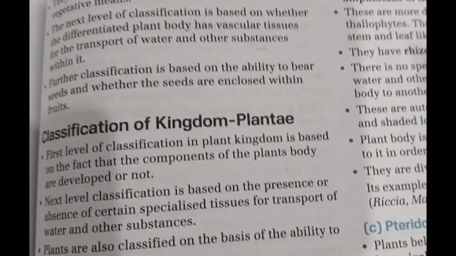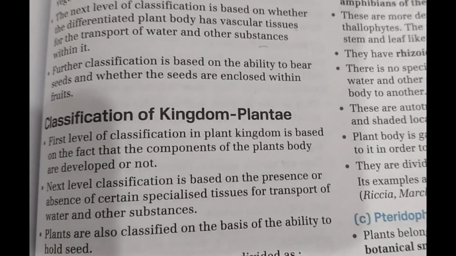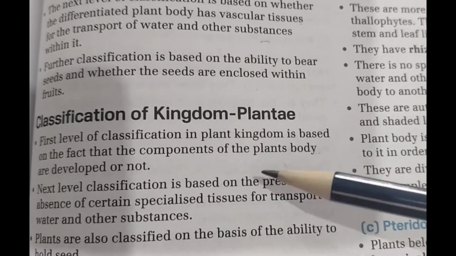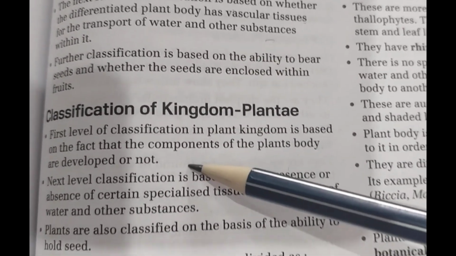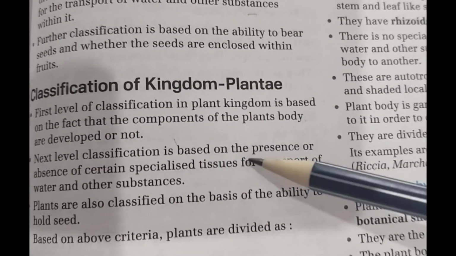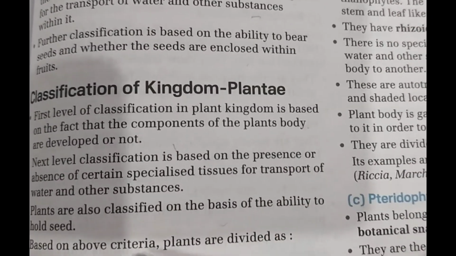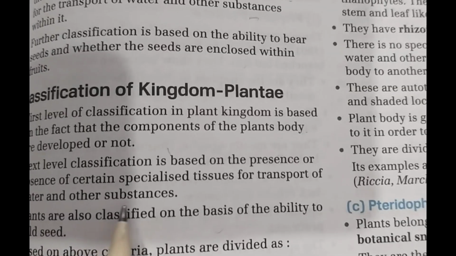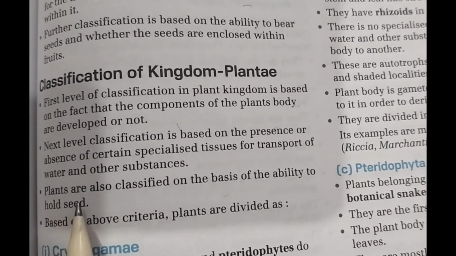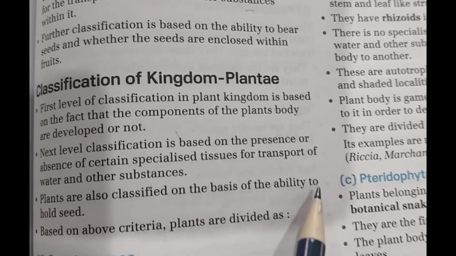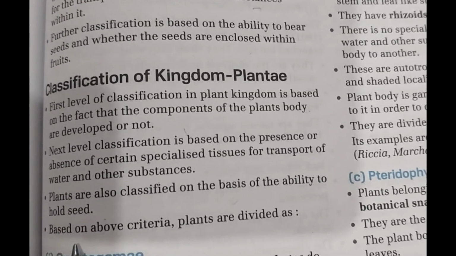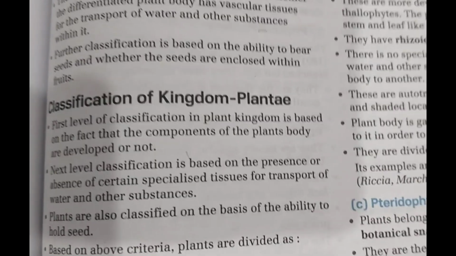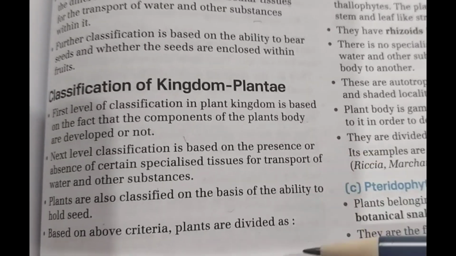Classification of the plant kingdom. The first level of classification in the plant kingdom is based on whether the components of the plant body are developed or not. The next level of classification is based on the presence or absence of certain specialized tissues for transport of water and other substances. Plants are also classified on the basis of the ability to bear seeds. Based on the above criteria, plants are divided as follows. अब इसमें division है. First है